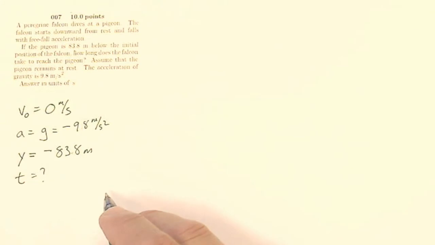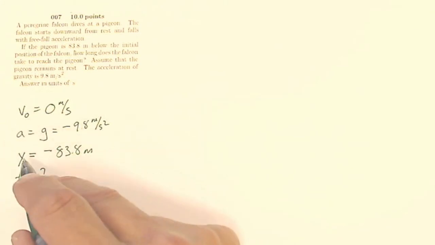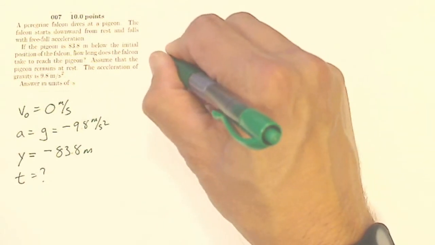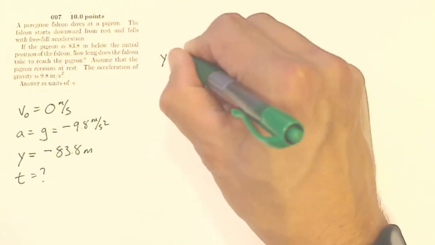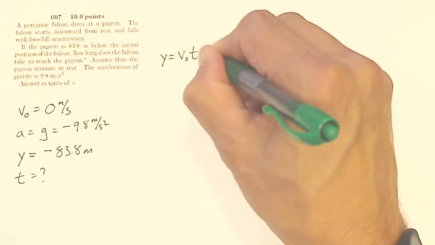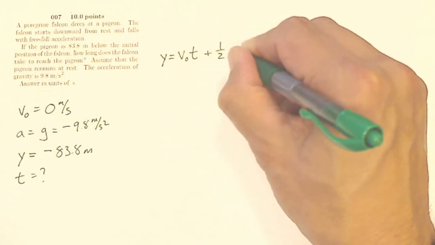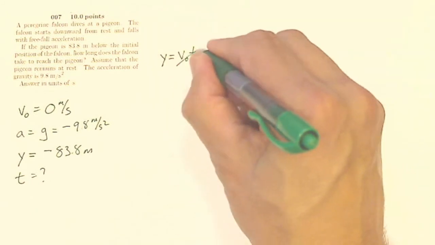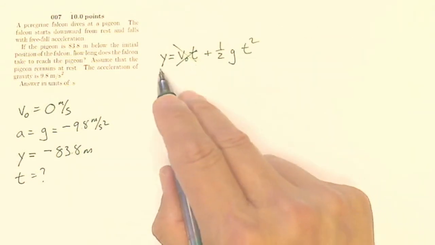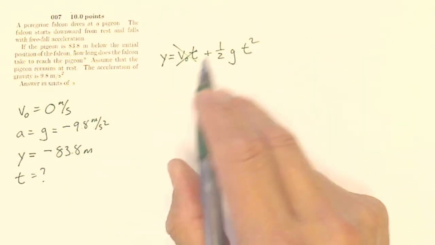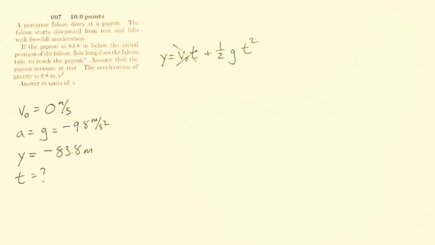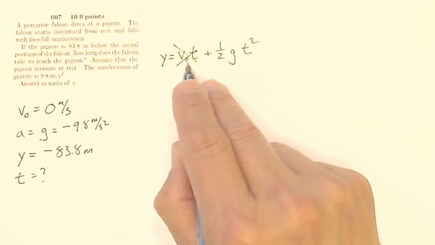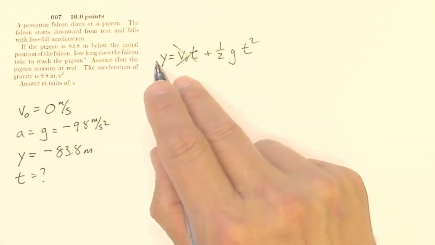The equation that I have to relate initial velocity, acceleration, distance, and time is, let me look at my equation sheet, I can see that my displacement is my initial velocity times my time plus 1/2 the acceleration of gravity times time squared. Now if my initial velocity is 0, that saves me from a quadratic, and I get y is 1/2 gt squared. Now this is something that comes up several times throughout the course of physics, so it's good sometimes to take this equation if I start from rest and see how far I'll fall in a certain amount of